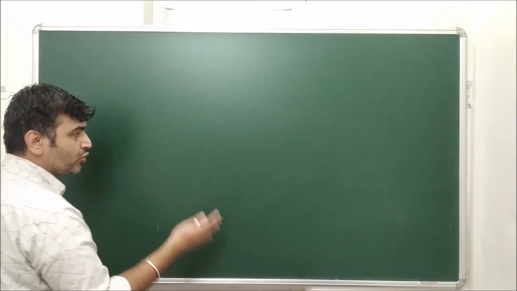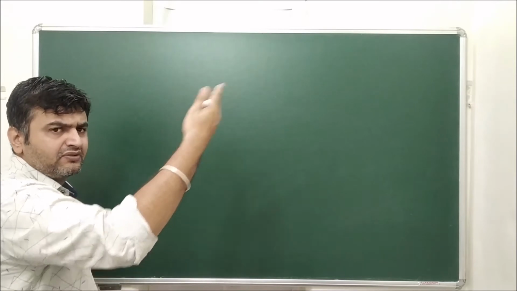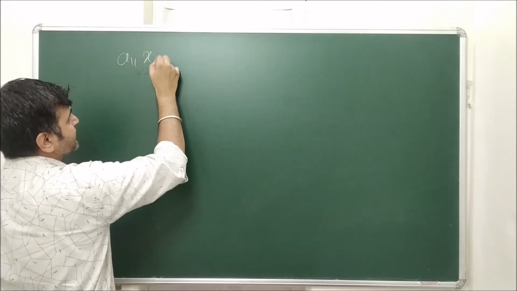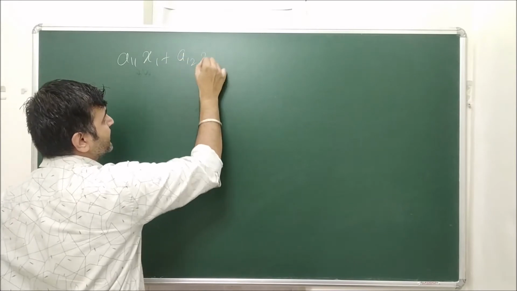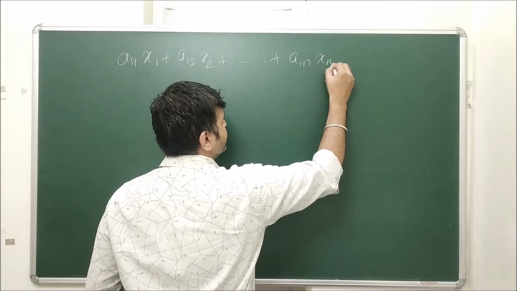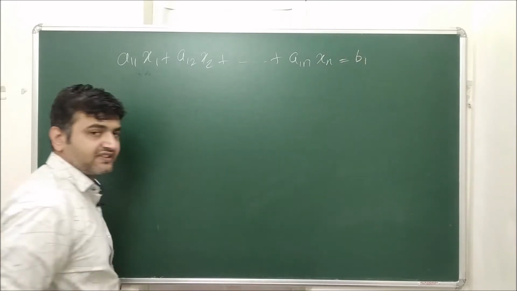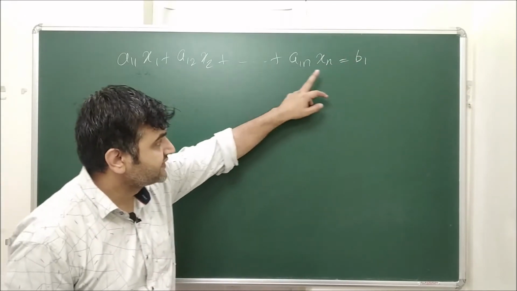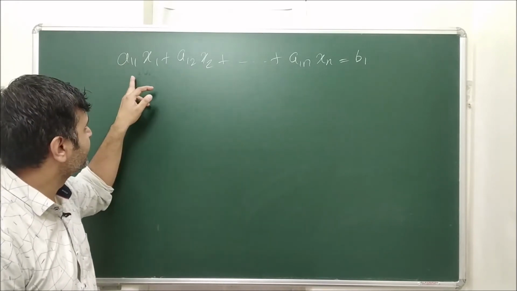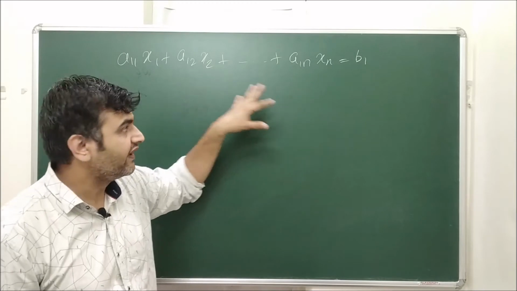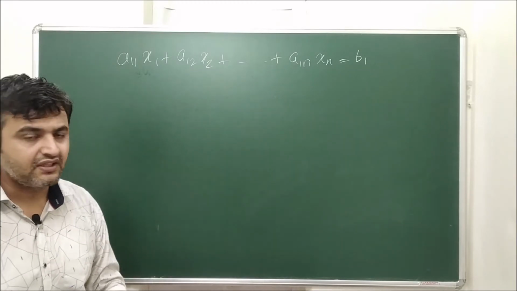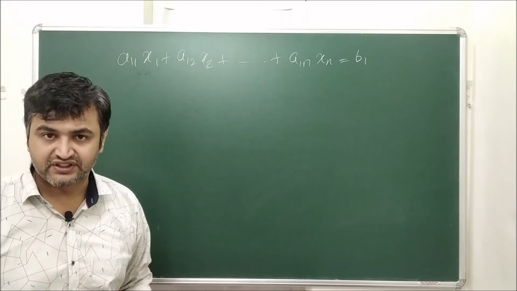Here I took only two variables. In general, it may have say n number of variables. So suppose let me write this as a11x1 plus a12x2 plus ... a1nxn is equal to b1. So this is an equation in n variables. Okay, and instead of writing a, b, c, d, I am writing a11, a12, a1n. Why am I using these suffixes? You will see that matrices will come into the picture, and that's why this notation is a good notation.